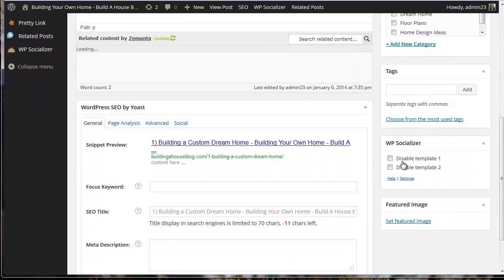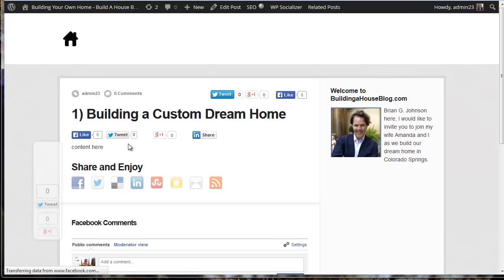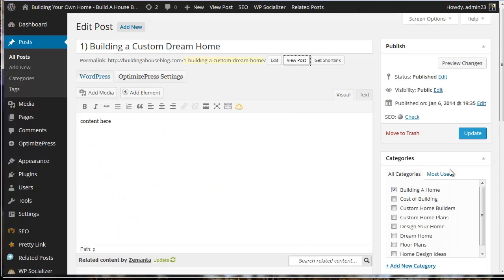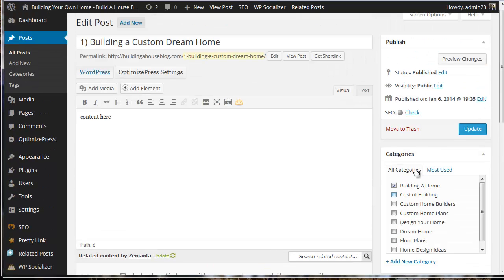We have Template 1 and Template 2, and these are the templates. Let me see if I can open in a new tab. This is template 1 right here, okay? Or I think this, actually I'm wrong. This is actually Optimize Press. This is the plugin, so we don't need that. So by coming here and saying disable template 1, when we publish, when we update,